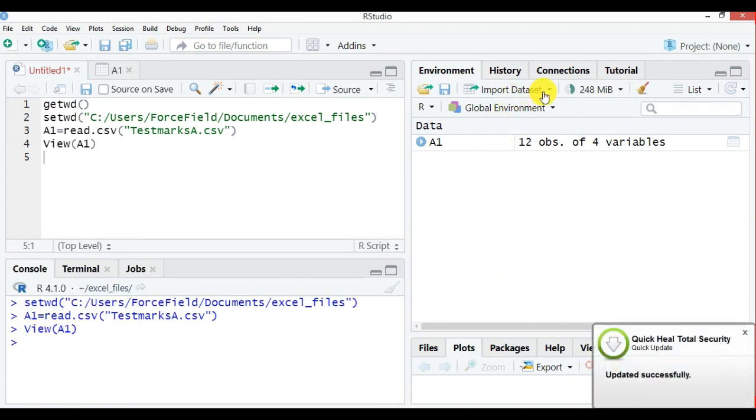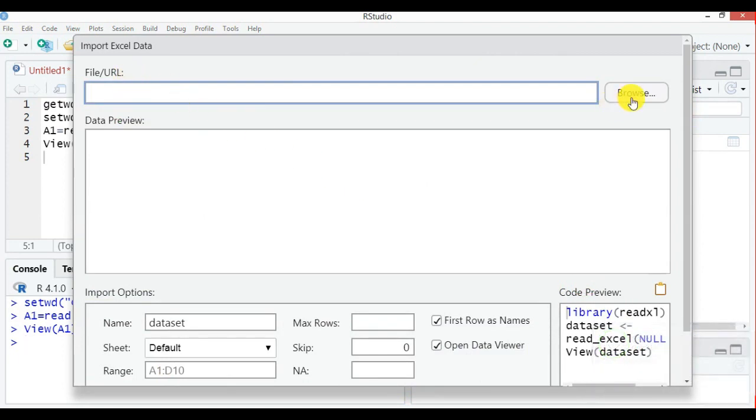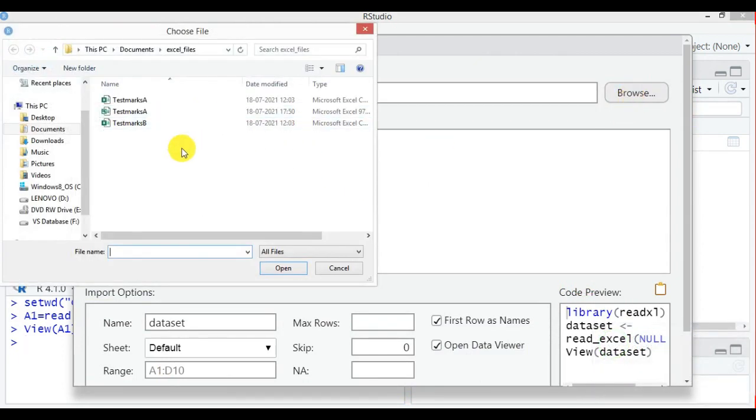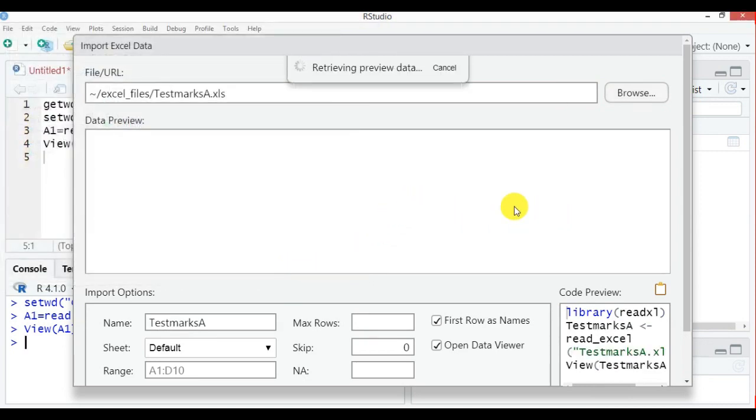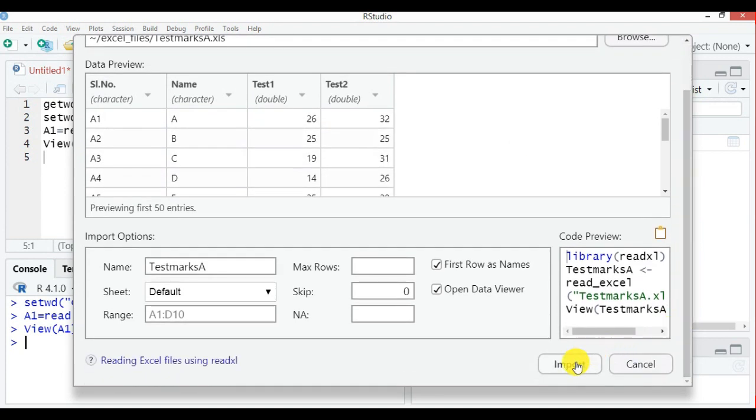Once it has finished installing, you will get a dialog where you have to go to Browse, select the folder, select your Excel file and open it. You will be able to see the preview over here. Once you see the preview, just to check, you come down and find Import.